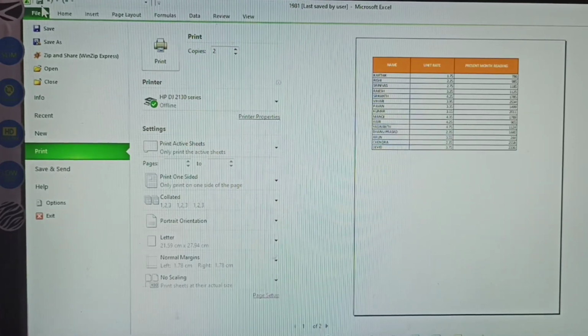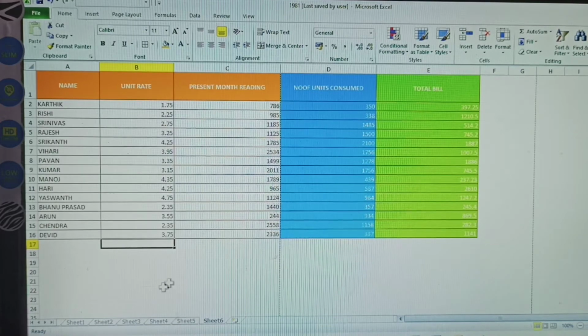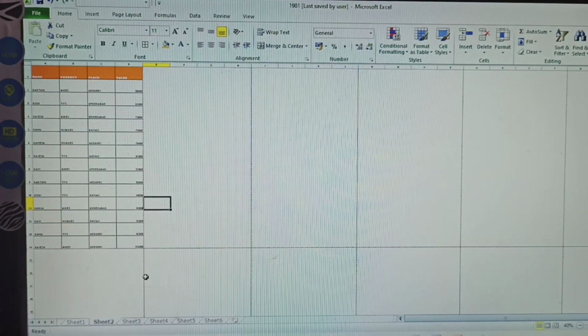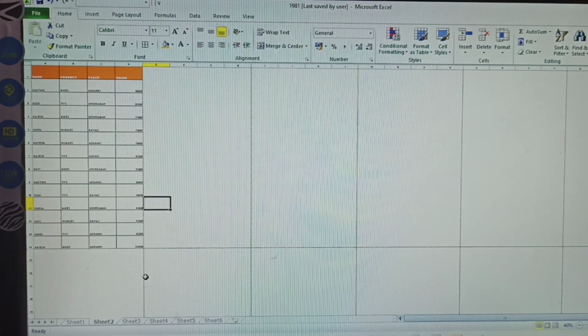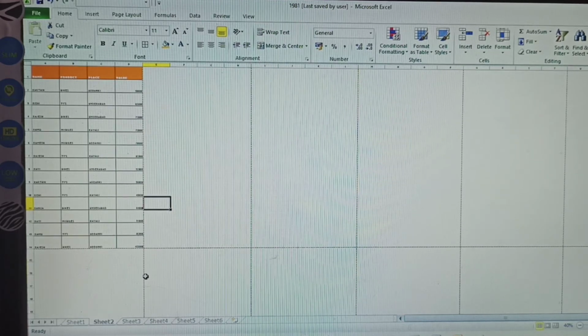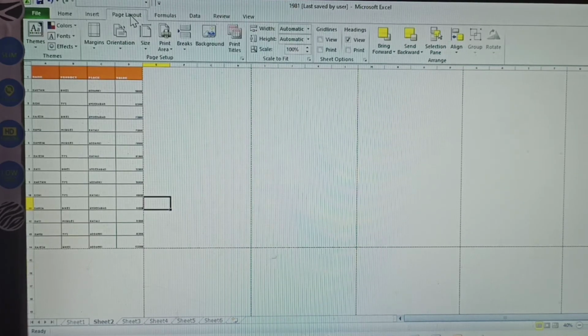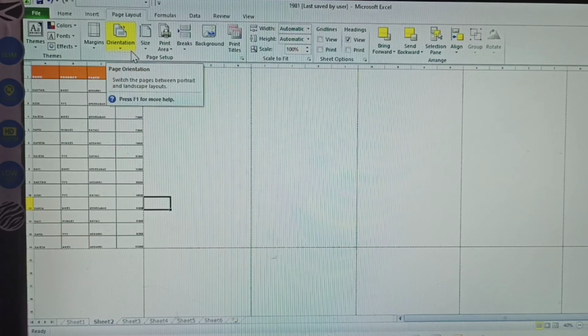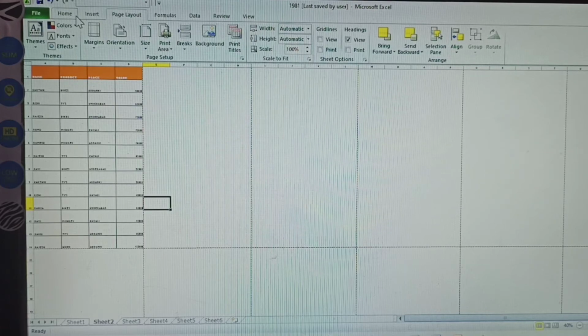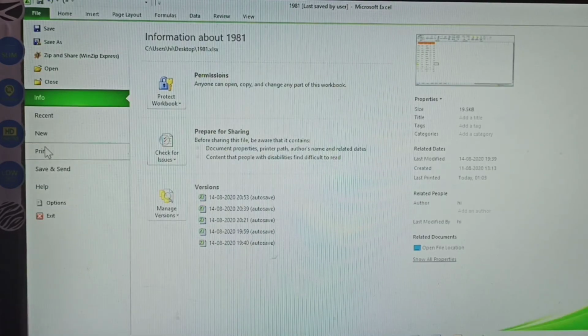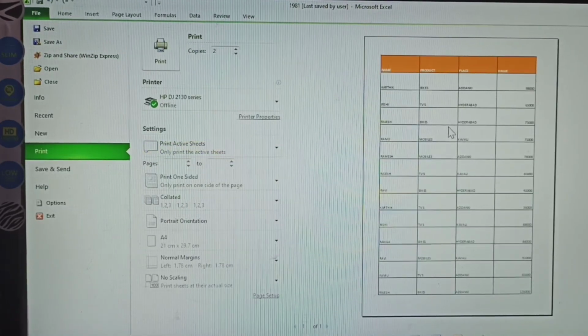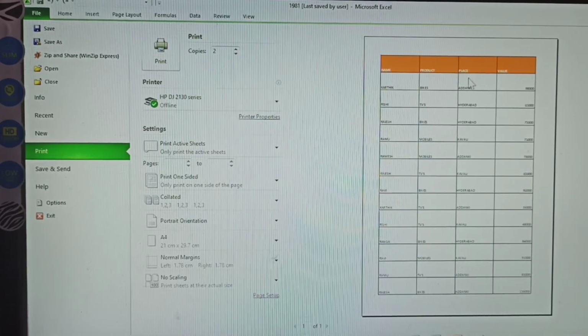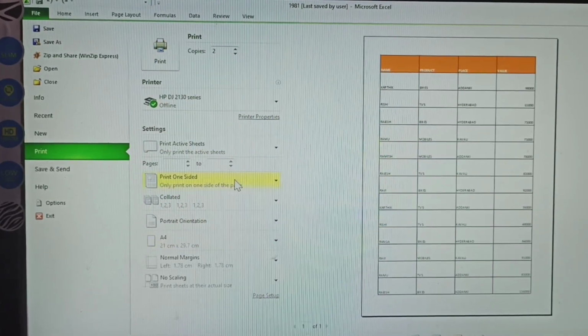So this is very useful for Excel sheet printing. I'm explaining only how to print an Excel sheet and how to adjust the margins. Thank you. This is the page layout adjustment of the margins and A4 size, B4 size. And next there is another one. Once you click print, so many doubts are there. This is how to print it, which is also explained.